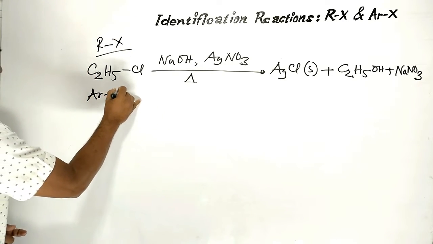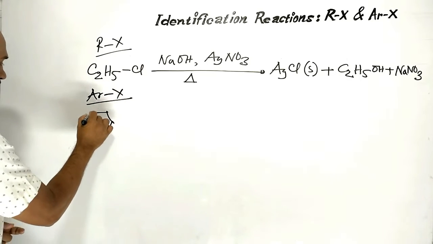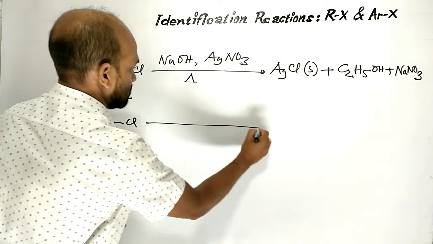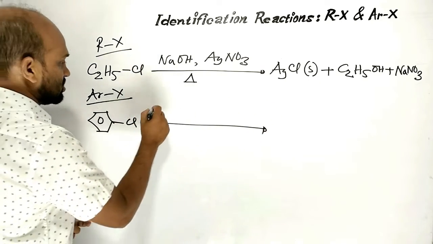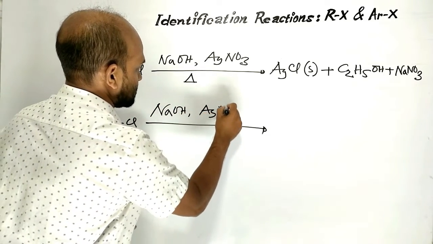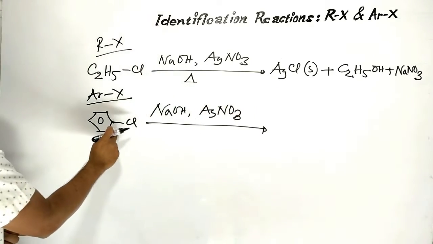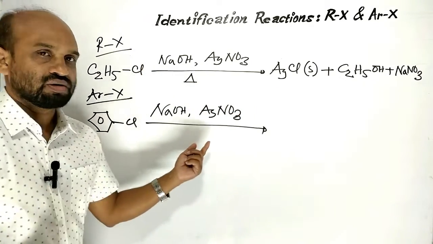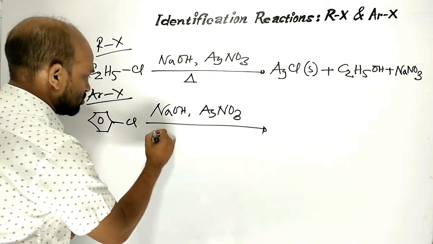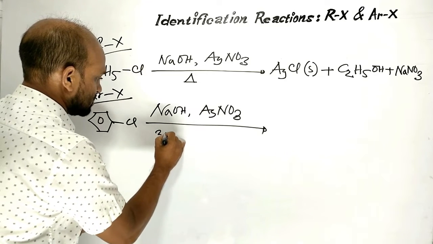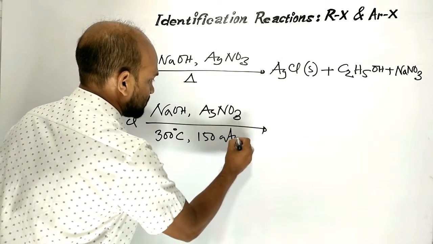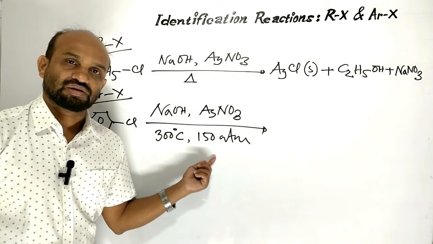Aryl halide. Suppose phenyl chloride or chlorobenzene. When chlorobenzene is treated with sodium hydroxide and silver nitrate, then at normal condition no reaction occurs. But when the reaction is carried out at drastic condition like 300 degrees Celsius temperature and 150 atmosphere pressure, at this drastic condition